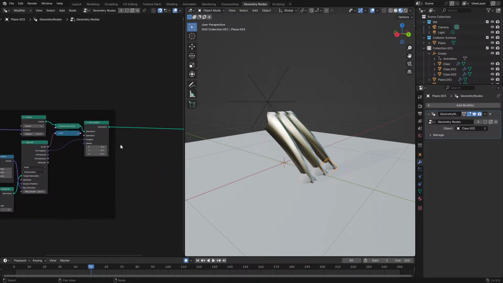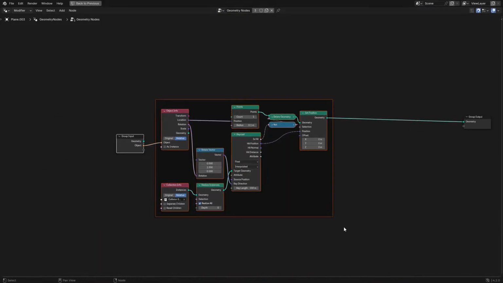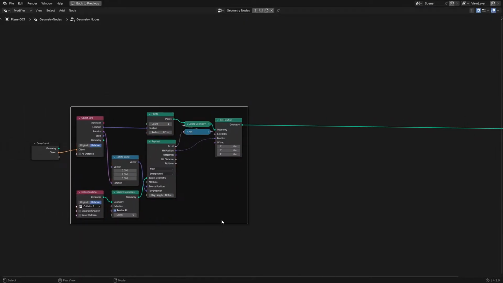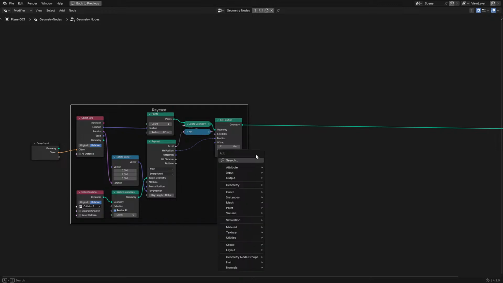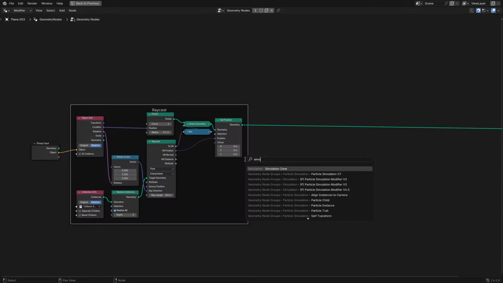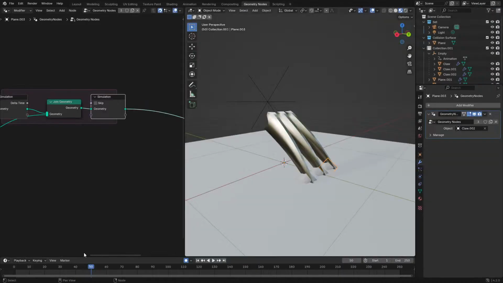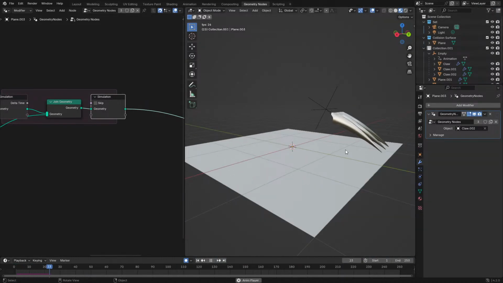So that's that. Now what we want to do is get a simulation zone so that we can trail this particle, or at least track where the particle went. So this will be a ray cast. There we go, and then we want a simulation zone, which for this part is fairly simple because we just need to join the new points into there, and as we should see here, there we go,